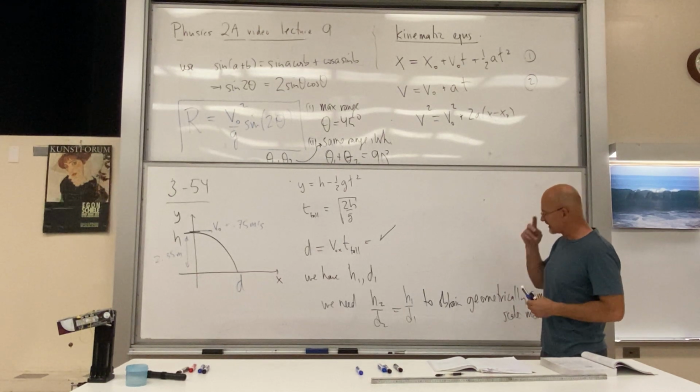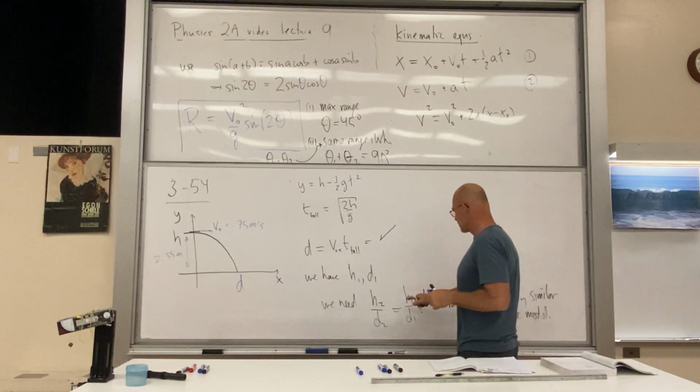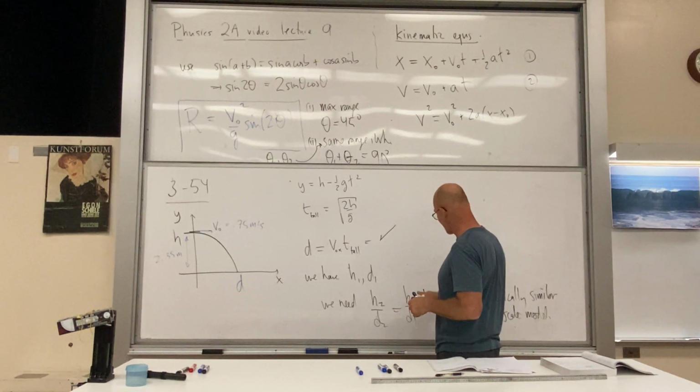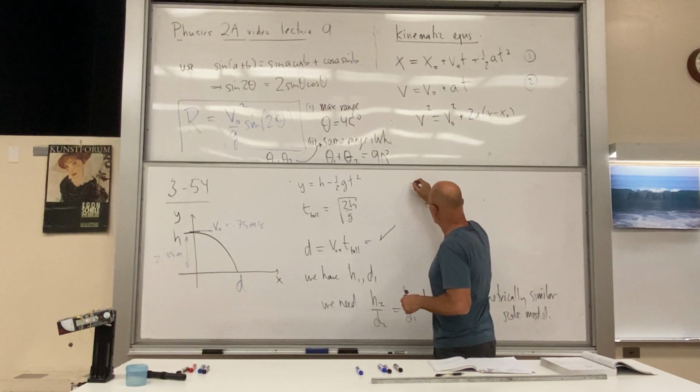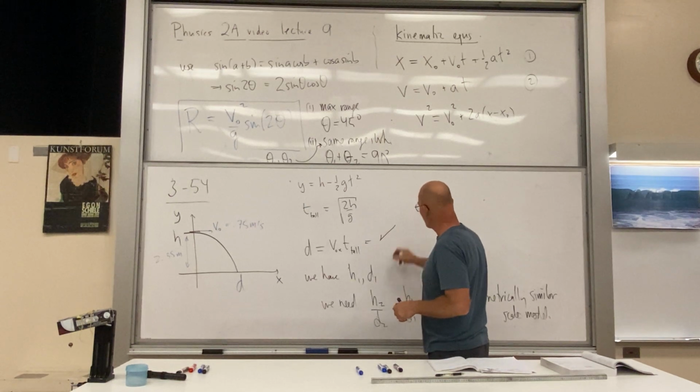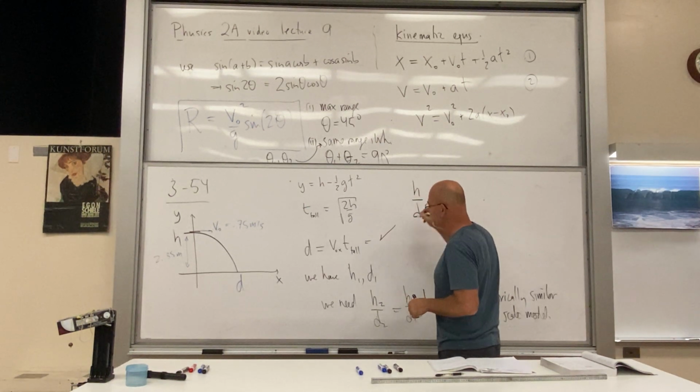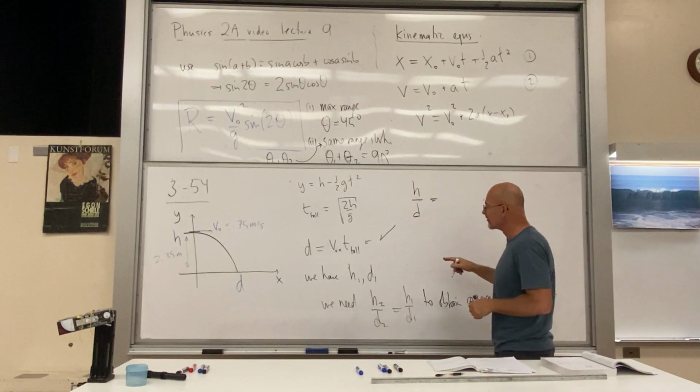So that's our task. Okay. So what do we have here? H2 over D2 and H1 over D1. So let's find this H over D. H divided by D is equal to